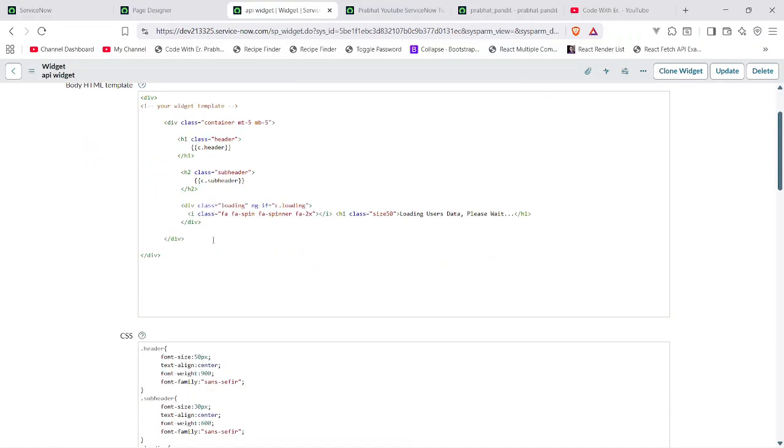Here is the container, and now I'm going to create another div. So I'll create a div and give it a class as well. I'll give the class row, and I'll give it justify-content